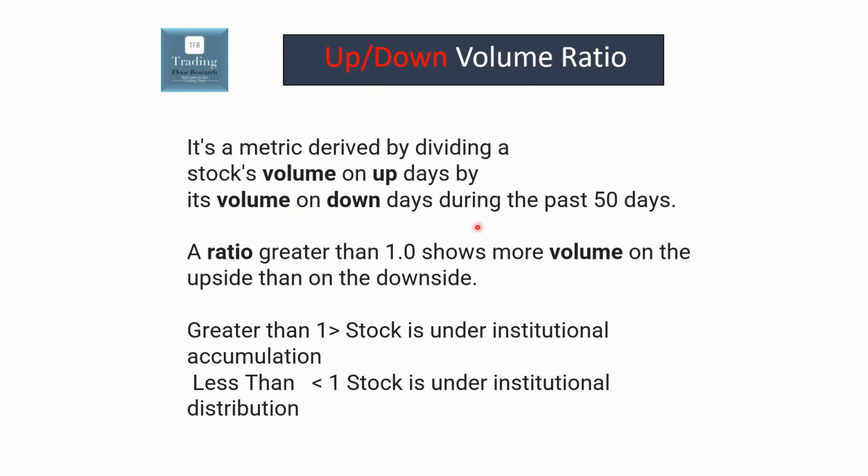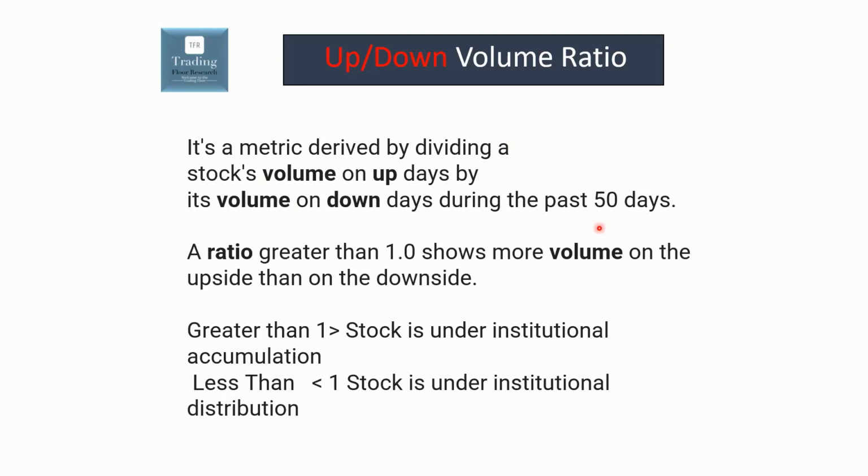What makes this so important is that this ratio looks over the past 50 trading days, basically about 2.5 months. And what you're doing is you're taking the upside volume over the past 50 days and dividing it by the downside volume over the past 50 days. So if you've got an up day with whatever volume's associated with that, that goes on the numerator. And if you've got a down day with whatever is associated with that down day in volume, that goes in